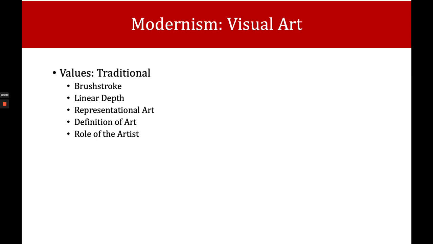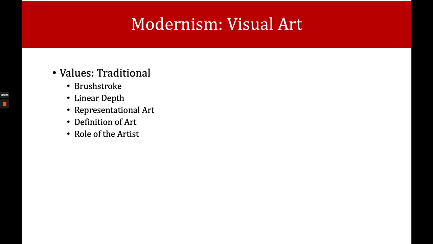Also, representational art. Representational art focuses on realism. The Renaissance focuses on representational realism: a chair should look like a chair. Modern artists question whether an actual object needs to be depicted in that way. What kind of deep insights can an artist bring? Can an artist change the actual visual reality to represent more truth of an inner reality of the artist? And so they start to change that a little bit.